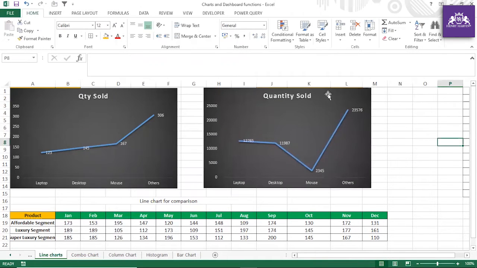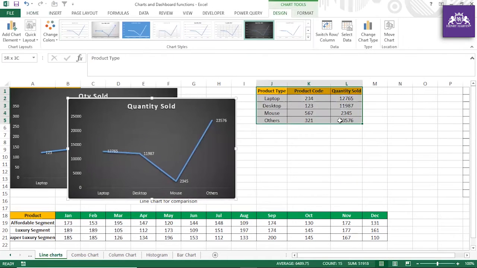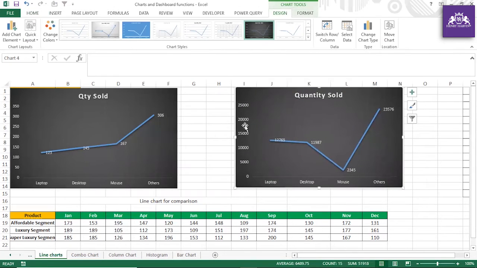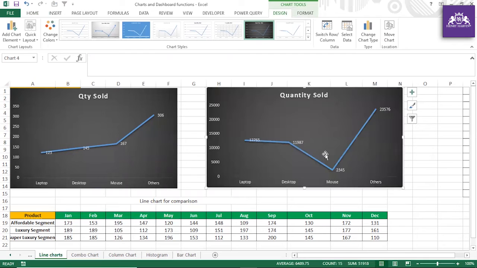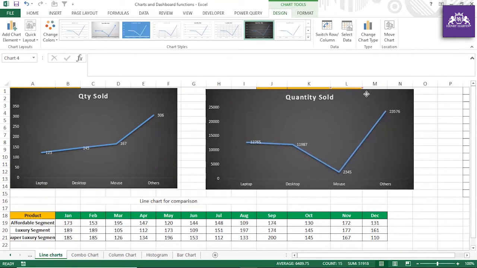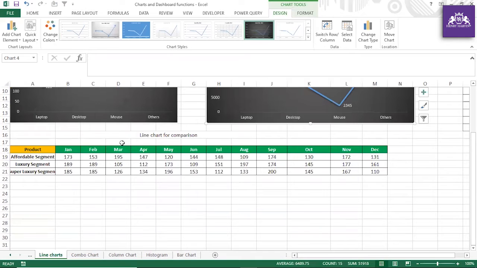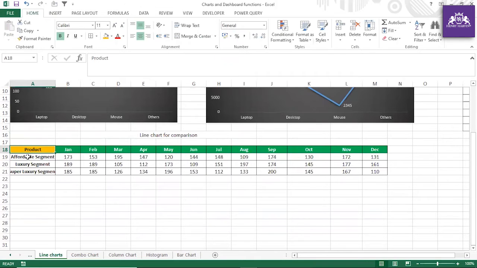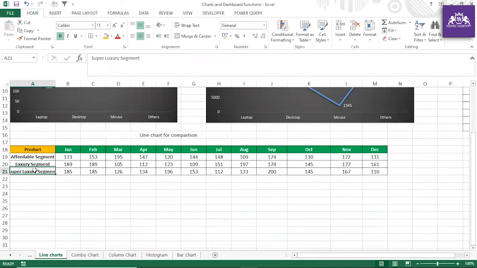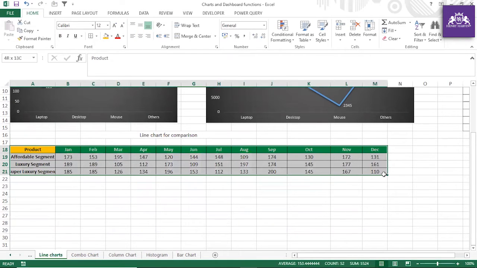All right. So rather than showing this entire table, you can show this in a graphical representation, which looks really fine. And there is one proverb in English: a picture speaks a thousand words, right? So now you see this picture can showcase the health of the company. All right, let me jump to my next example. This is a product where we have January to December, affordable segment, luxury segment, and super luxury segment. This data I got somewhere, and I just put it here.